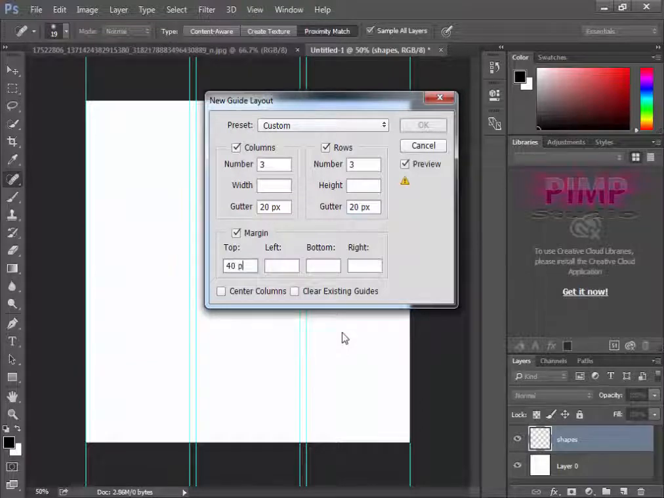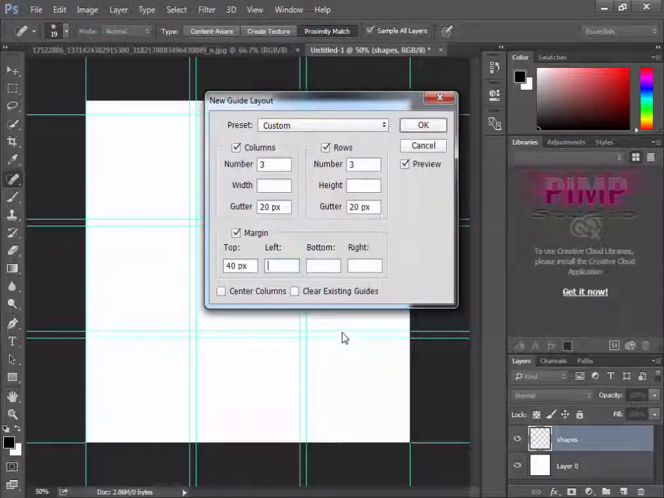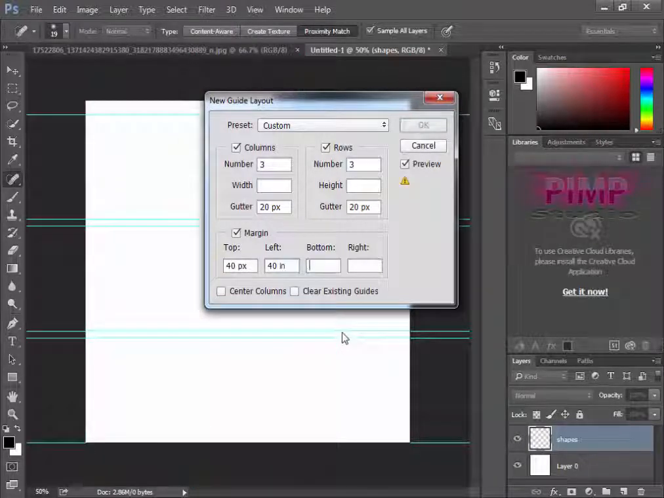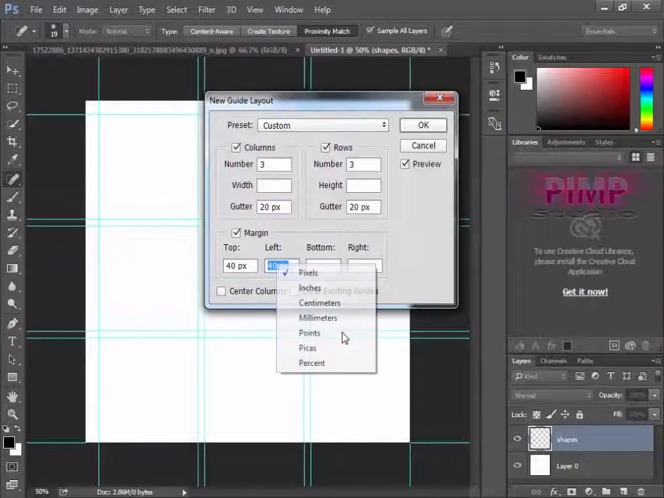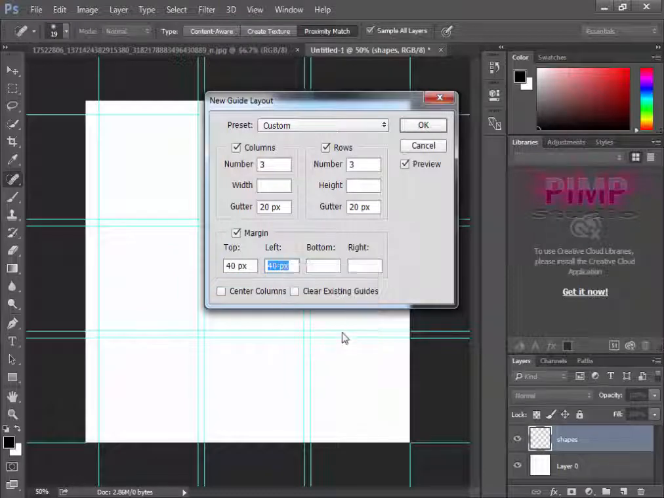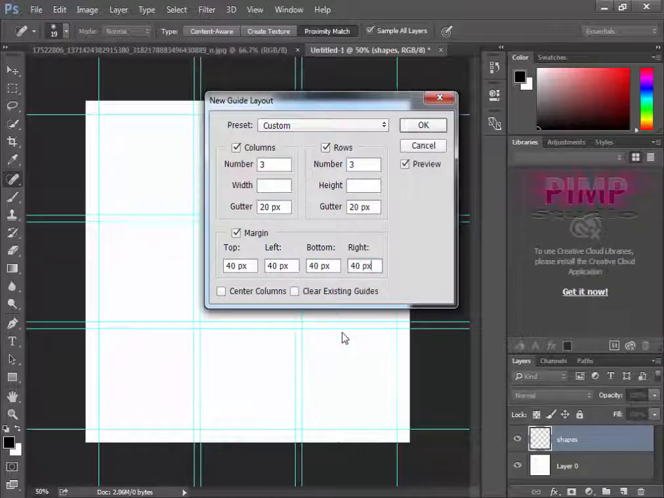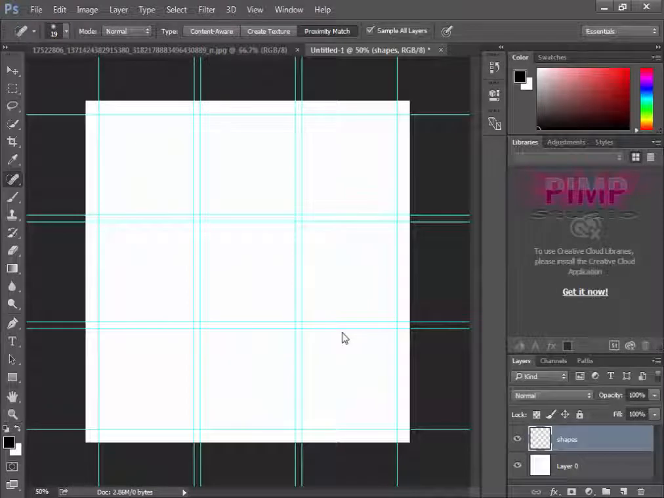Step 4. Create a 3x3 guide layout. This opens a New Guide Layout dialog box which lets us easily add rows and columns, gutters, and margins to our document. We'll use it to create a simple 3x3 grid. First, in the Columns section on the left, set the number of columns to 3. Leave the width field empty, so Photoshop will space the columns equally, and set the gutter, the space between the